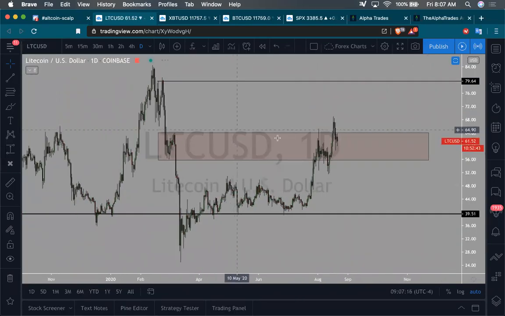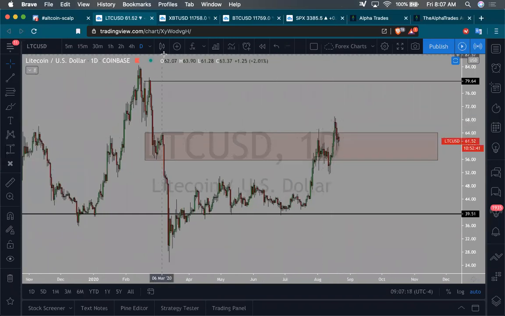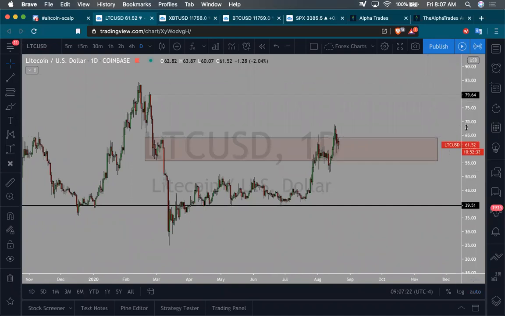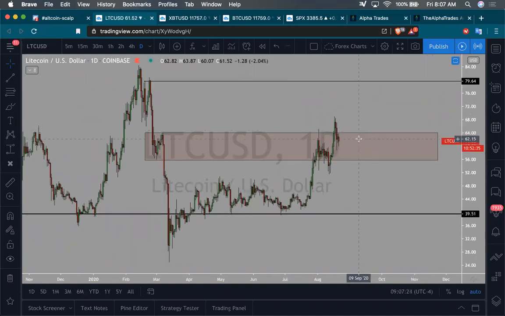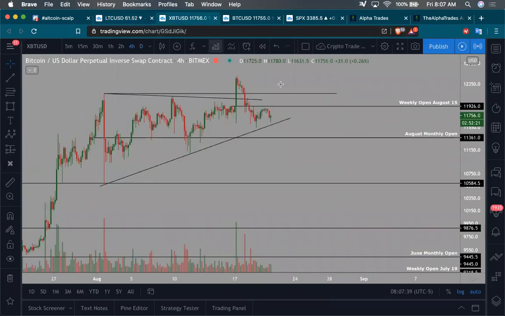Litecoin is doing the same thing. It broke out, but again, Litecoin is very much correlated with BTC. So that means when Bitcoin is going down, Litecoin is going down just as hard, probably a little bit heavier. So I was actually in a Litecoin trade from 65. I got stopped out at 62. It is what it is, but I'm not going to be looking at Litecoin because, like I said, if I'm